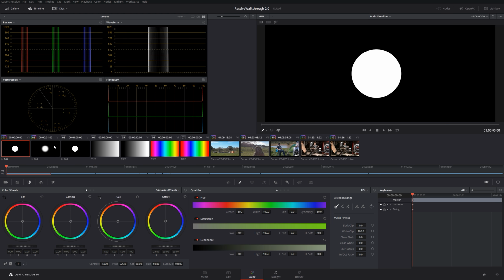Okay, so the first thing I'm going to explain is the parades and the waveforms. I'm going to explain them together because they're basically the same thing. So the parade is the red, green, and blue channels separated, and the waveform is all of them combined into one graph. What this is, if you're unsure about how to read it, is a left to right reading of the image